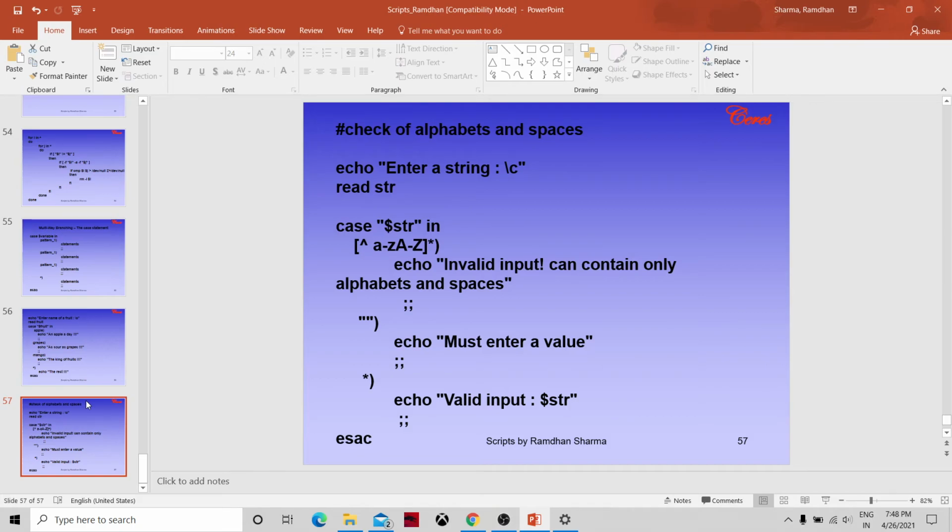If the entered character is not in a to z small case alphabet or uppercase alphabet, then we will say it's not a valid input. If entered nothing, then we will say must enter value, otherwise valid input.